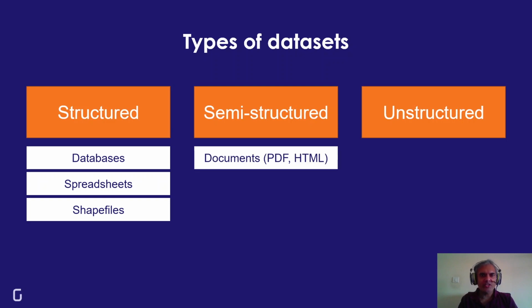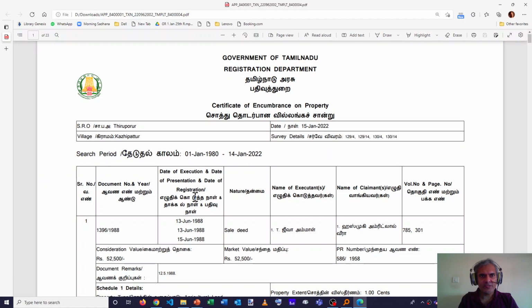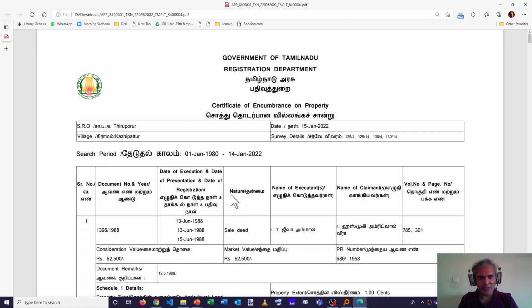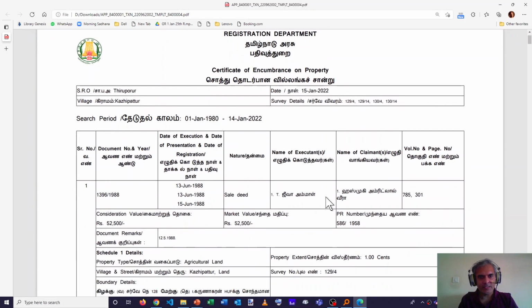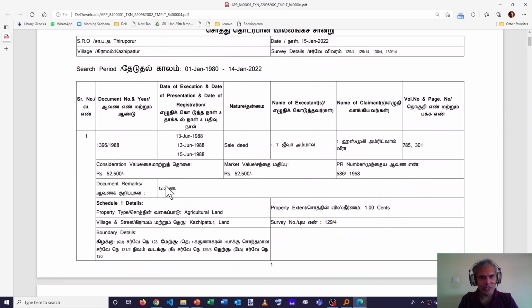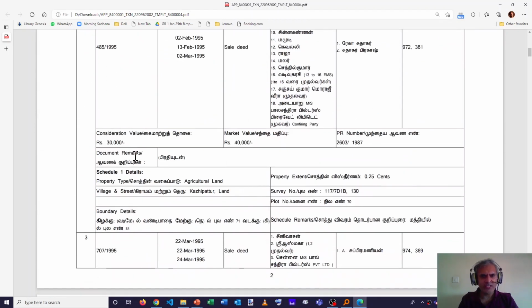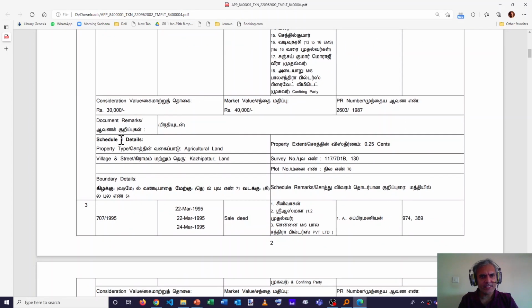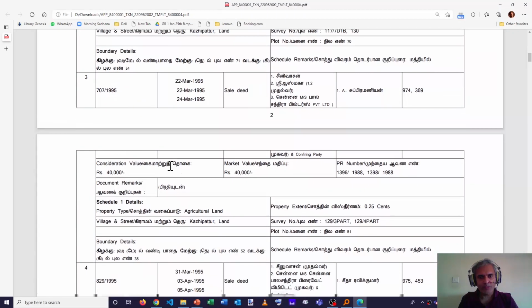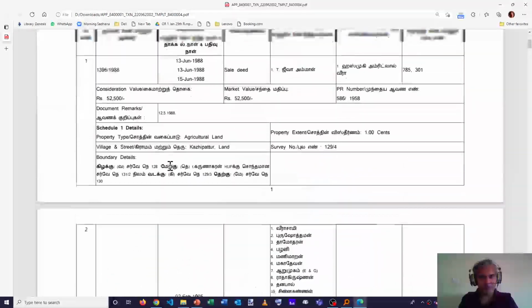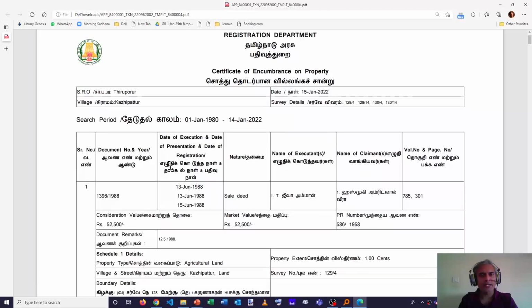One example of semi-structured data could be found in documents. For example, a PDF file or an HTML file. Let's take a look at this PDF file. It contains multiple tables, and each of these tables contains different kinds of information. But you will notice that as a document in itself, its structure is firstly a little more complex, and it's not entirely tabular. So it may be possible to extract a schema from this, but it's certainly not stored in a way that the schema is easily extractable or even intuitive.